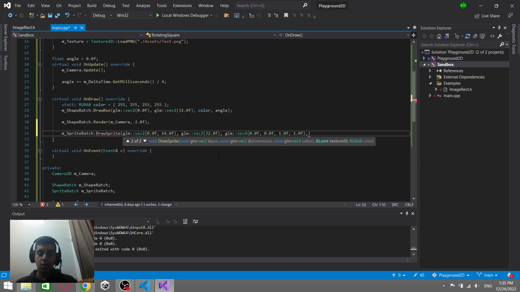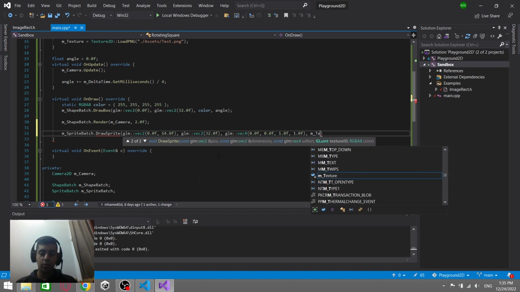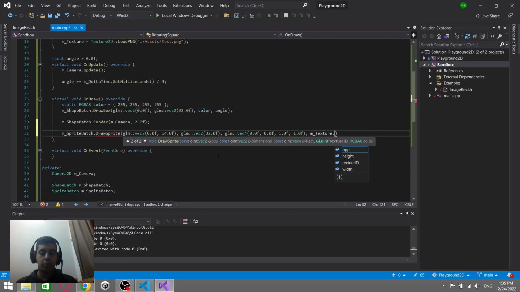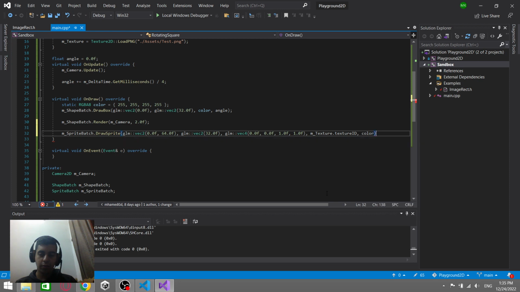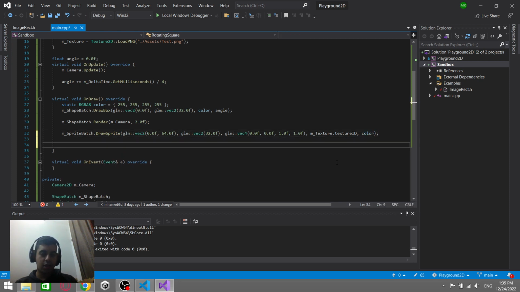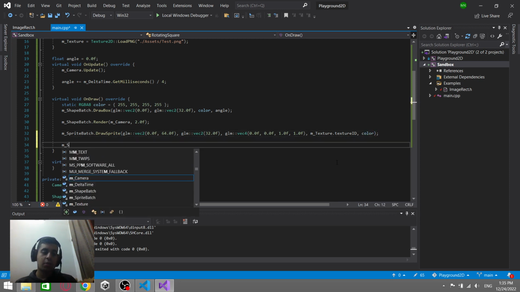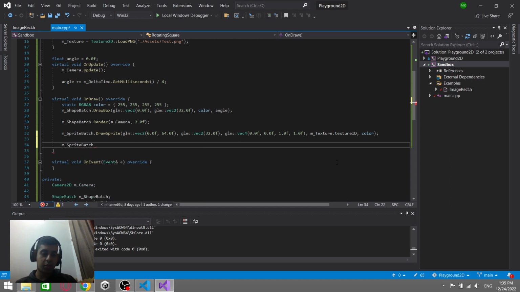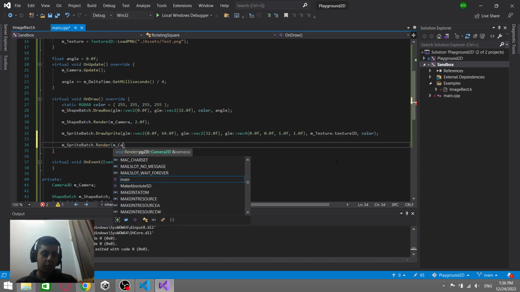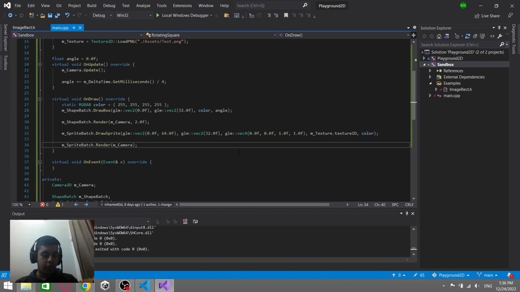And you need the texture. You already have the texture. Don't provide the texture itself, you provide the ID. The cool thing is the texture itself is a really small struct. Everything is handled by the GPU. The color, we already have a color, provide the color. And like I said, we need to render it. Except in this one, we don't have a line width, because what is the line width of a sprite? It doesn't have a border. You just provide the camera. And if you run it,